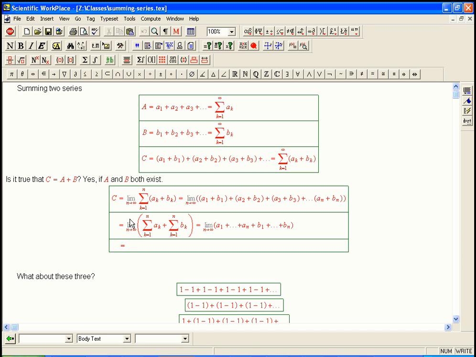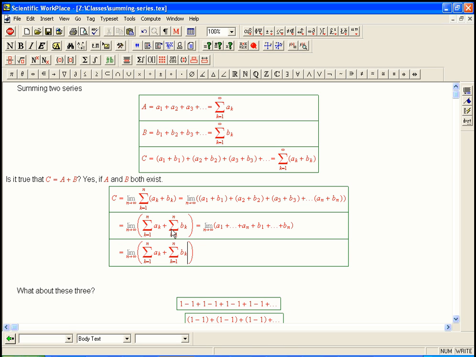So the limit, now here's the tricky part. It's when the limit does something that we really use something interesting. This is a sequence of partial sums. This is S1, S2, S3, S4 for the A's. This is the partial sums for the B's. And so I've got a limit of the sum of two sequences. Exactly when those limits both exist, that's when we can break it up into the limit of the sum of this guy,